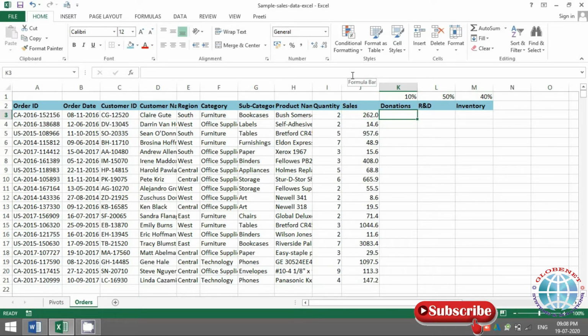So what I'll do is, I'll write the formula. I'll say this value. Now I'll not write 10%, I will select this cell, because if I select it, whenever I change the percentage on top, the value below will also change. What I mean is, when you press enter, for example, the sale value was 262 and the 10% of it was 26.196. So let's say if I make this 5%, I'll press enter. Now this is 5% of whatever sale value is there.